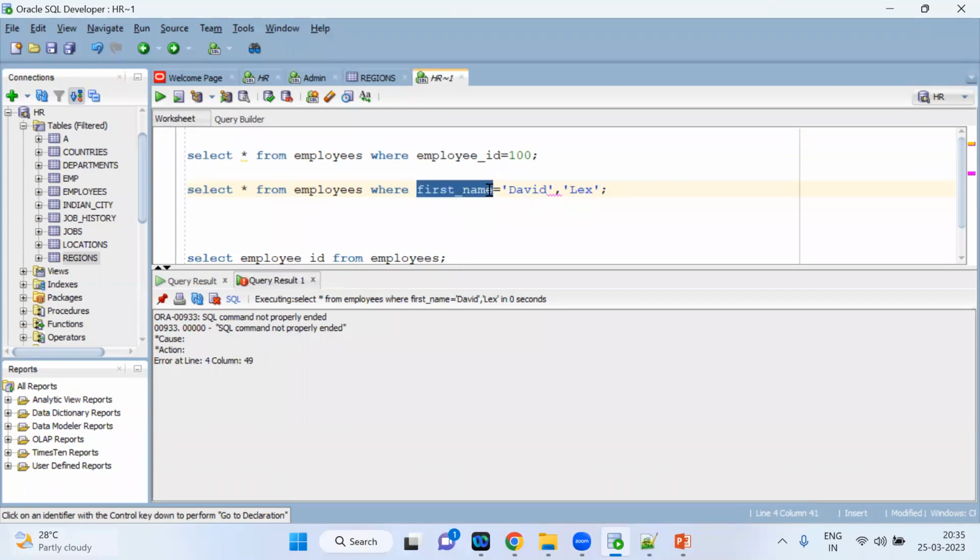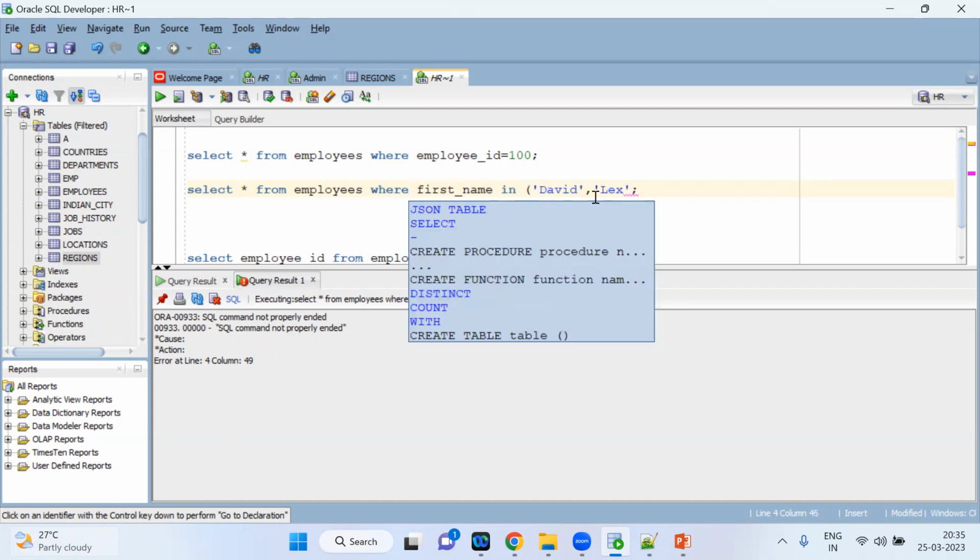So Oracle got confused. Which name should I take first? You have mentioned the equals sign and you are passing two values. So which one should I print? Oracle got confused. In this case, what you have to do is mention the IN operator. Simple one, IN operator. First name IN,